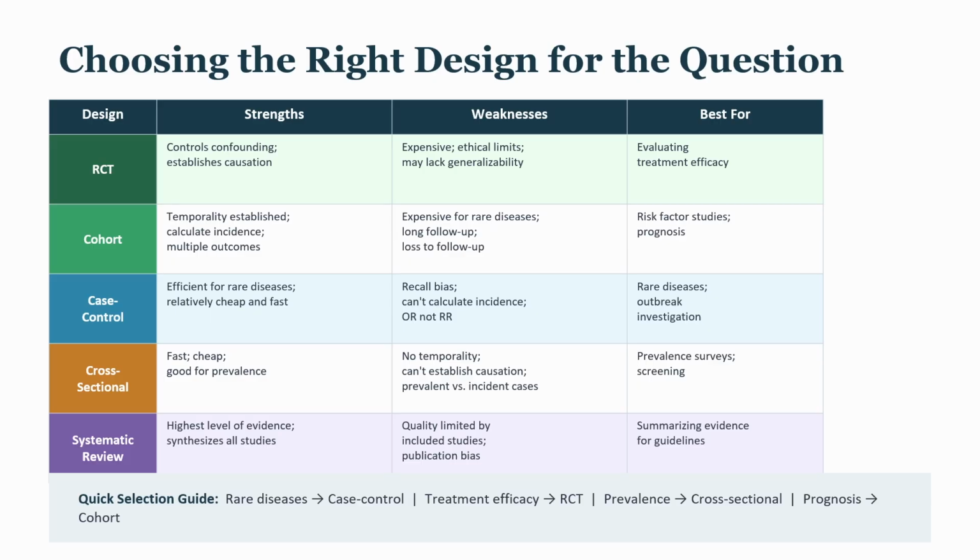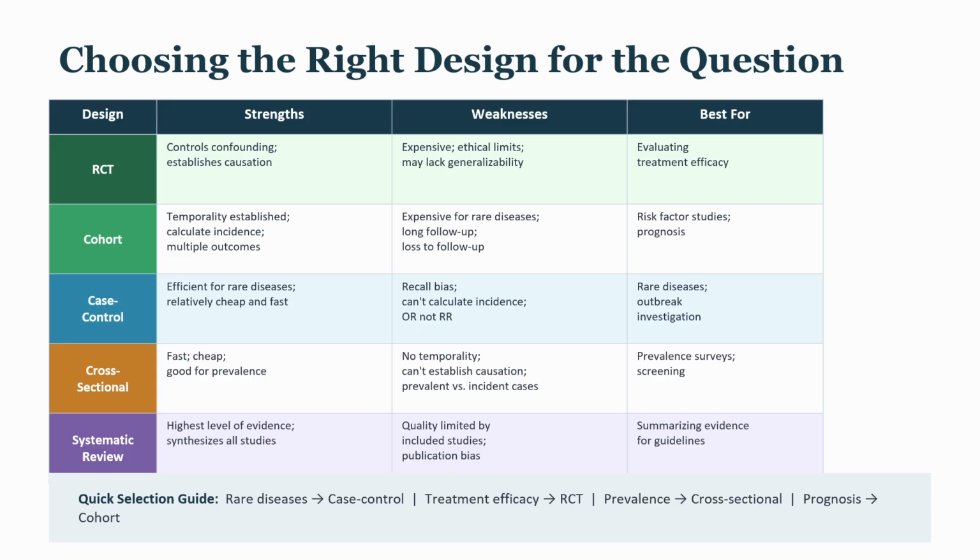The choice of study design is not arbitrary. It should be driven by the nature of the question, the rarity of the disease, the feasibility of follow-up, and the ethical constraints of the study. Randomized controlled trials are the gold standard for evaluating treatment efficacy, but they're expensive, require prospective enrollment and follow-up, and have ethical limits. You can't randomize cats to eat contaminated food to study melamine toxicity. RCTs also often enroll highly selected populations. Strict inclusion and exclusion criteria that maximize internal validity